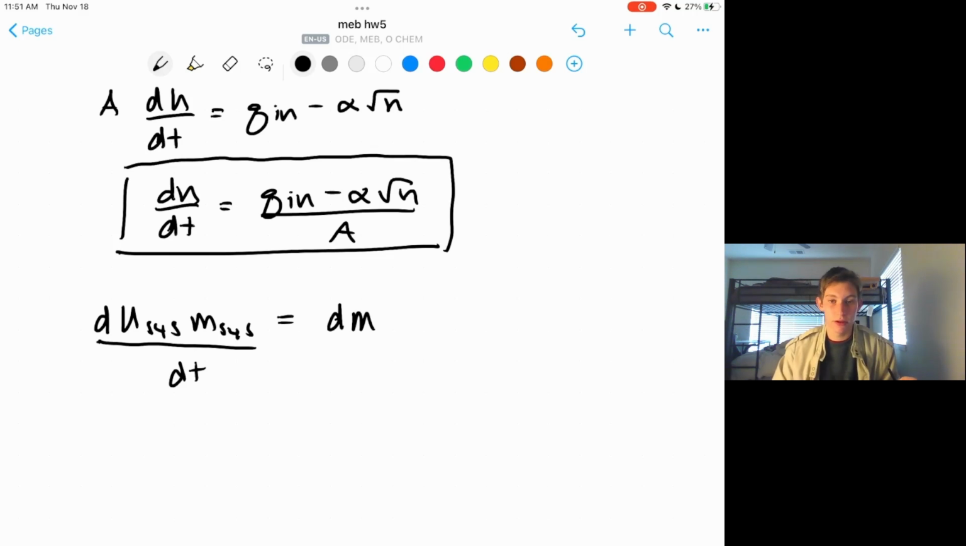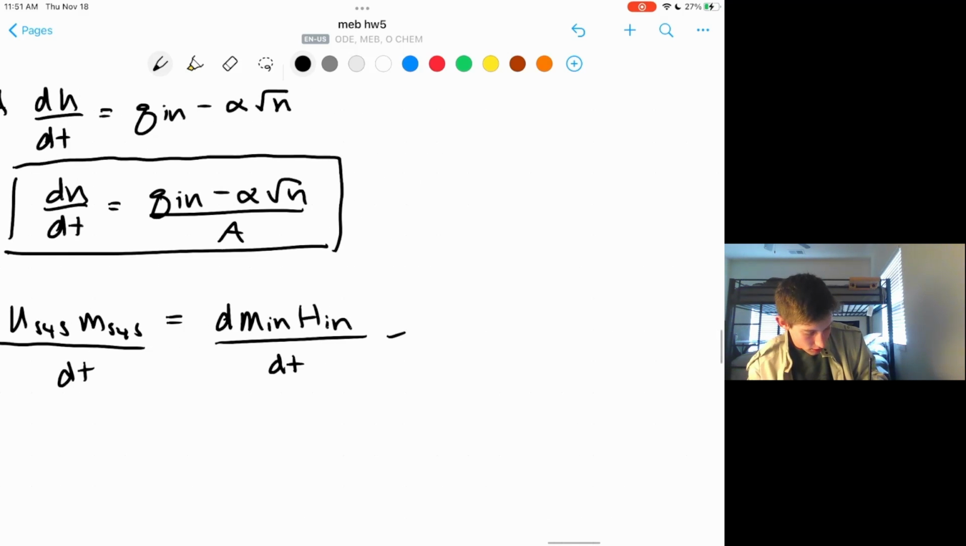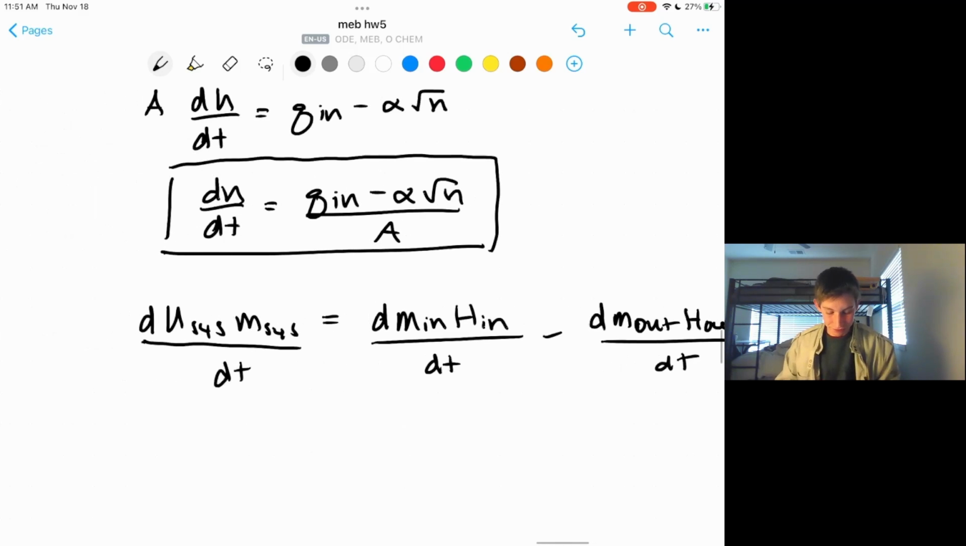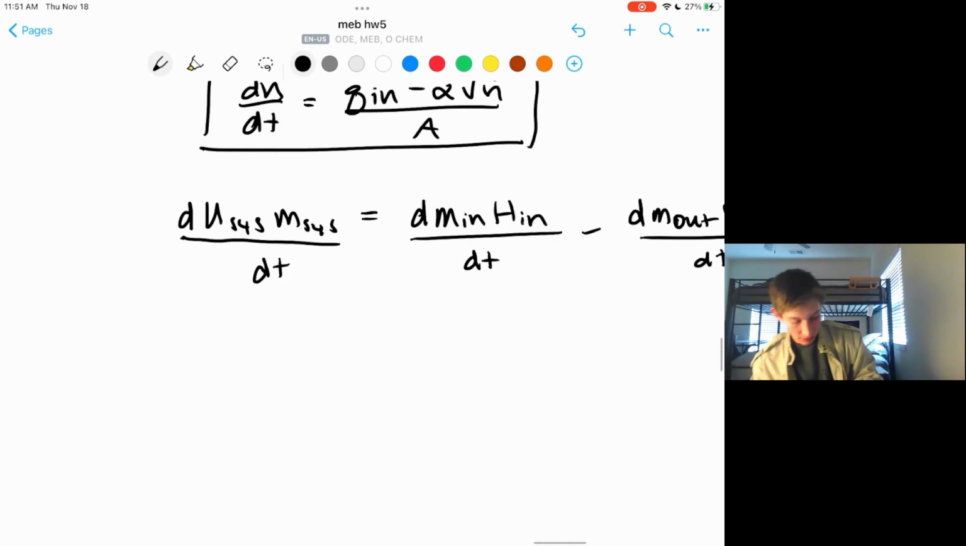So on the right hand side of the equation, it's the change in mass going in times enthalpy going in. Enthalpy we'll represent with capital H, minus that going out with respect to time. So we can substitute the mass again like we did above. So we can say that